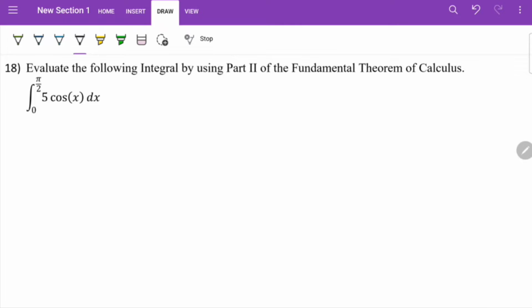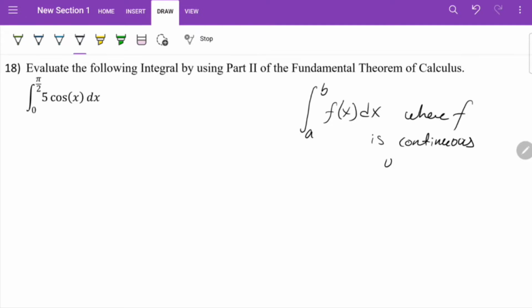Number 18 says, evaluate the following integral by using part 2 of the fundamental theorem of calculus. Part 2 of the fundamental theorem of calculus states, if we have the integral from a to b of f of x dx, where f is continuous on the closed interval of a to b,